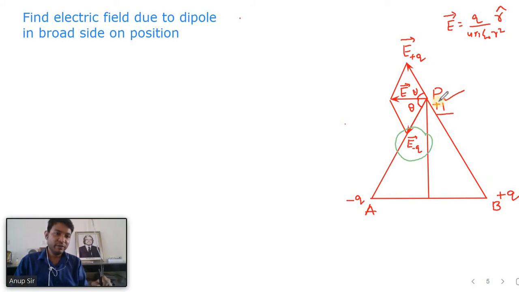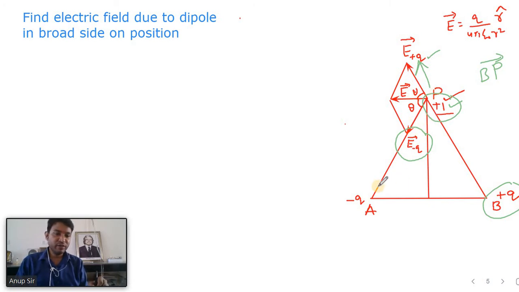Similarly, here if I put a positive charge, we have to calculate the electric field due to this positive charge at the point P, and we have put the plus 1 positive test charge. Always we should know that the test charge should be a positive unit charge, or you can say an infinitely small positive charge. So of course there will be repulsion, and due to the repulsive force it will be away from the point B, or you can say the direction is from B to P.